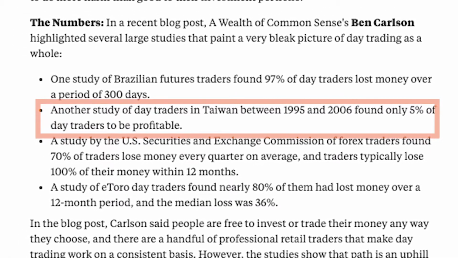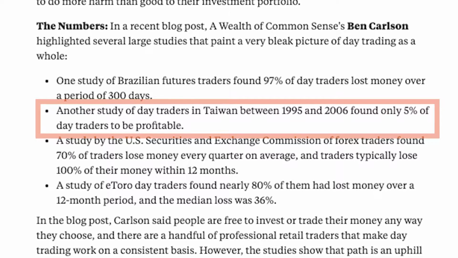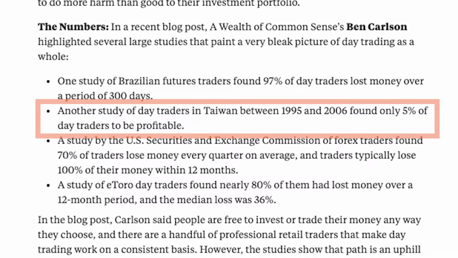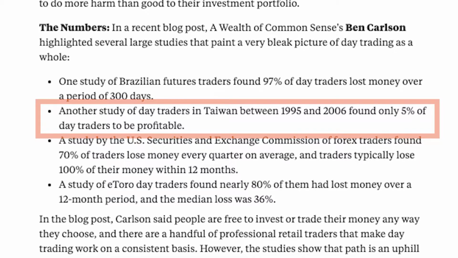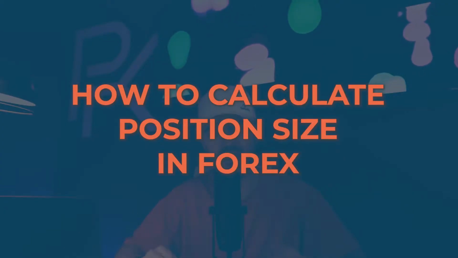Another study in Taiwan was a longer-term study from 1995 to 2006, and that found that only 5% of day traders are profitable. Now, why do I tell you this? It's because this is the reality. Not many people make money trading. And the reason is most people don't know how to manage their risk. And in today's video, we're going to discuss how to calculate a position size in Forex and how to do it properly so that you can actually have an account balance at the end of the day and not lose